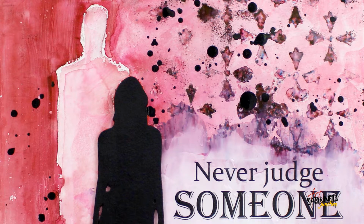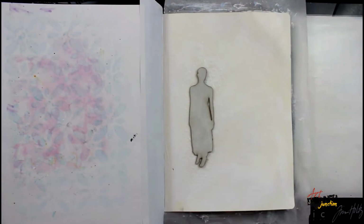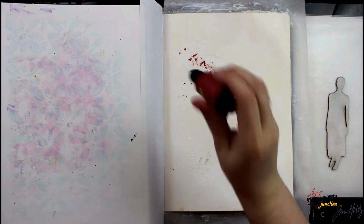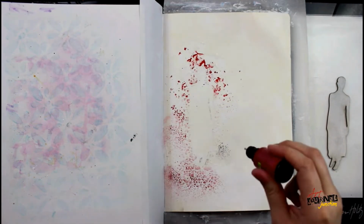Hey everybody, today I'm going to be making this page in my Dilutions art journal. I've already adjusted my page and I'm placing a Dina Wakley Media woman chipboard and spraying water over the top of it and then removing the chipboard. I'm using this as a mask, so as you can see when I start placing down the ColorSparx watercolor powders,